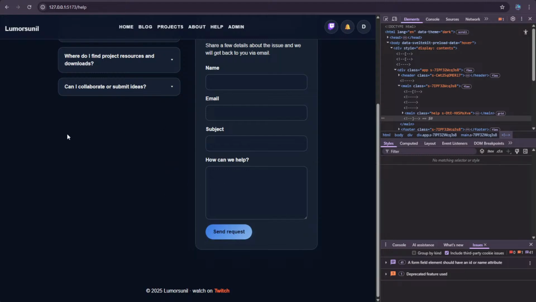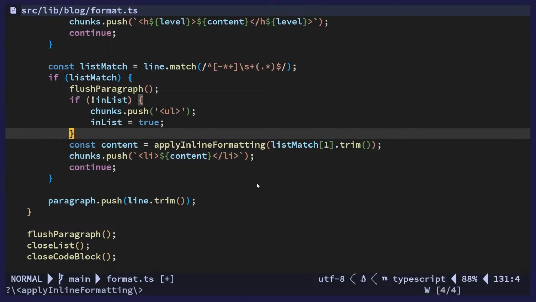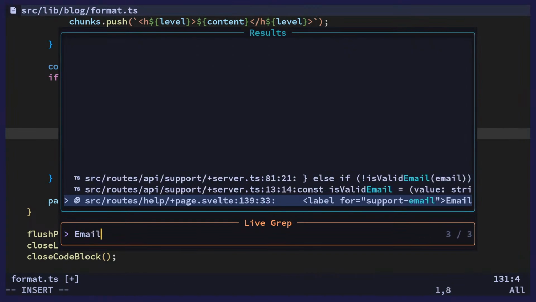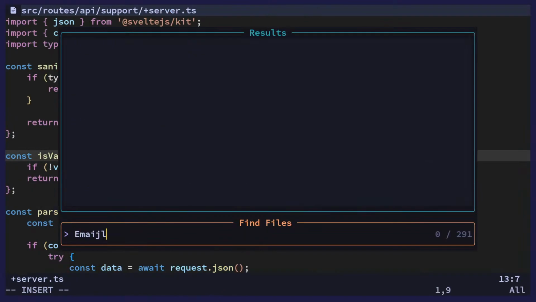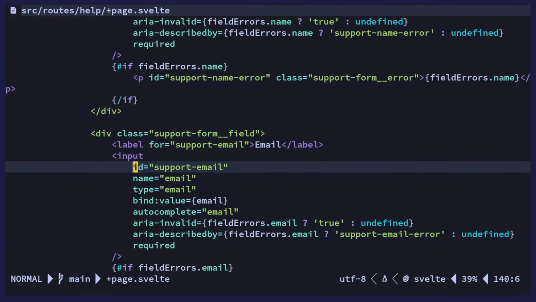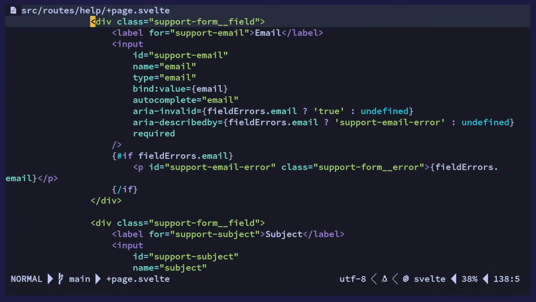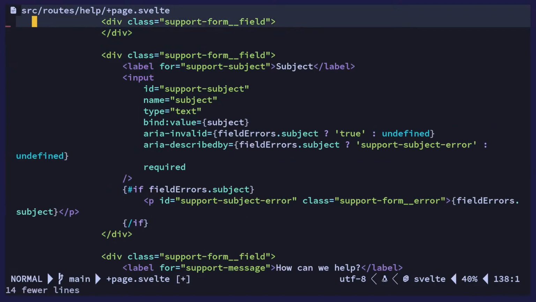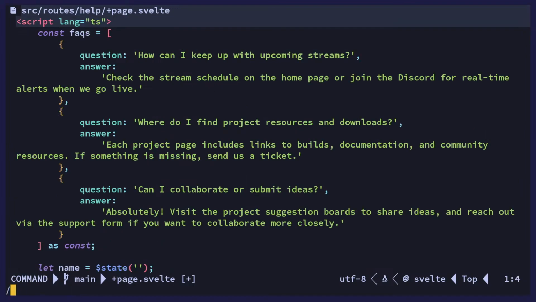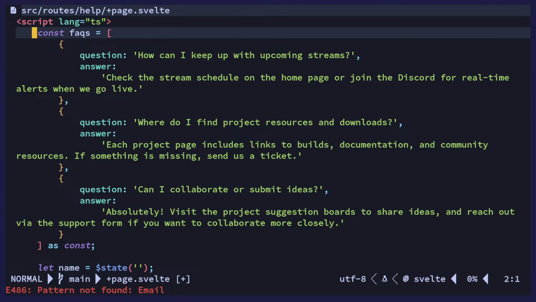We shouldn't have email here. Support email. No, we don't have email, because you're logging in with Twitch, so it's already